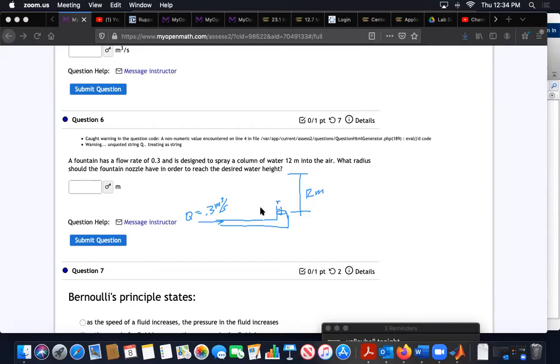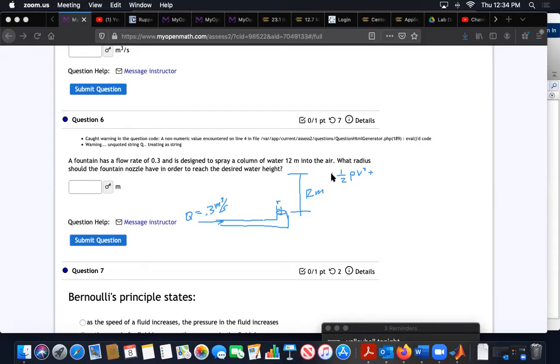We could actually do it using kinematics, and use the flow and the radius to calculate the velocity for some particular height. But we might as well just use Bernoulli's equation, because Bernoulli's equation says that you have 1/2 rho v squared